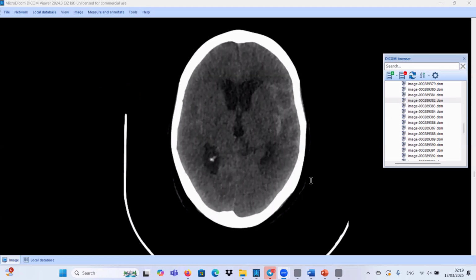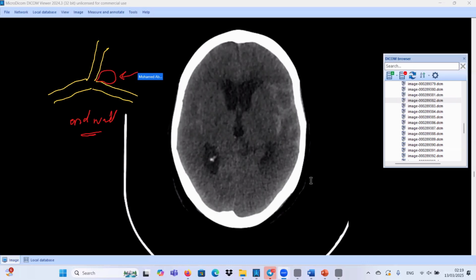We have two types of aneurysms. If this is the artery and it divides into two main branches, and there is an aneurysm at the site of bifurcation or trifurcation, this is an end wall aneurysm, and this is the most common type. Sometimes we call it a bifurcational aneurysm. The less common type,